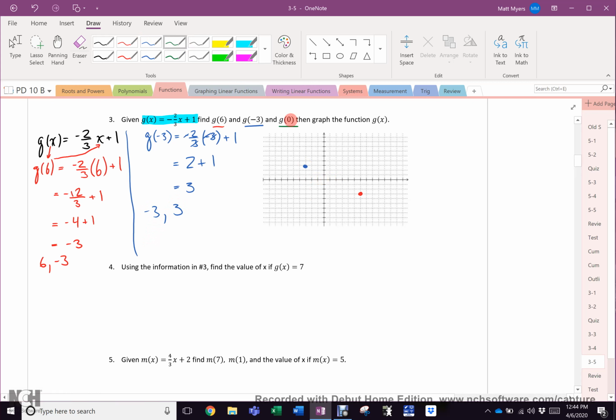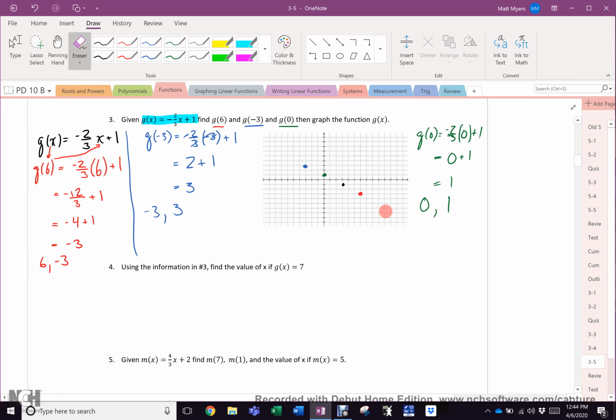And then the green one. The green one's pretty easy because x is 0. So I want the g of 0 becomes negative 2/3 times 0 plus 1. 2/3 times 0 is 0 plus 1, 1. So my x was 0, my y was 1. 0, 1. Now, there we have our line. Now, we already know that this line will go on forever, like this,